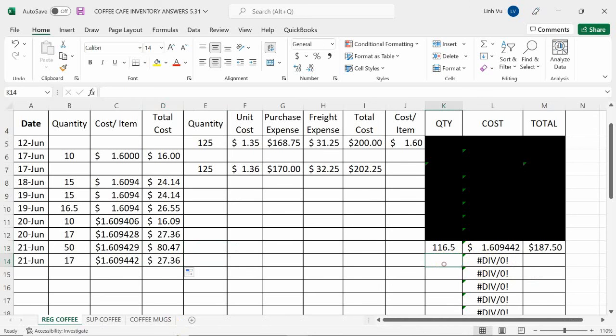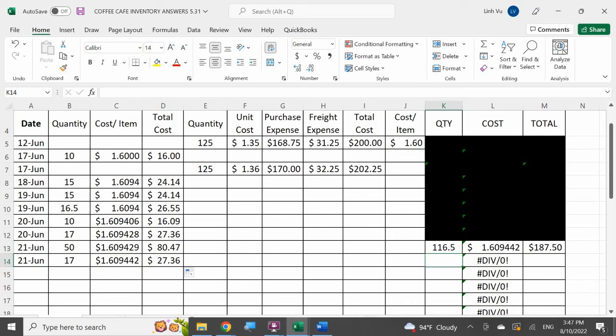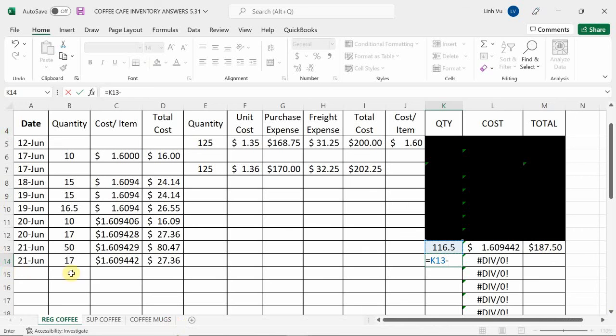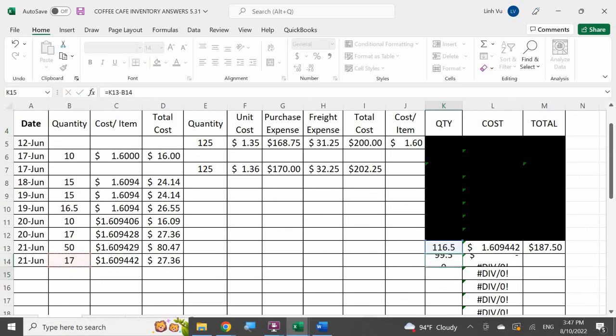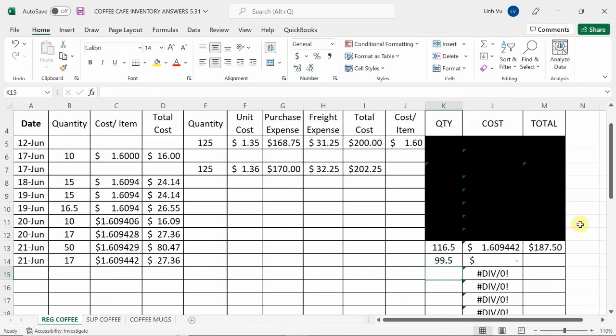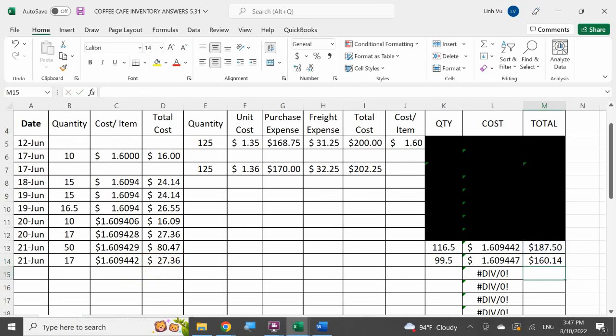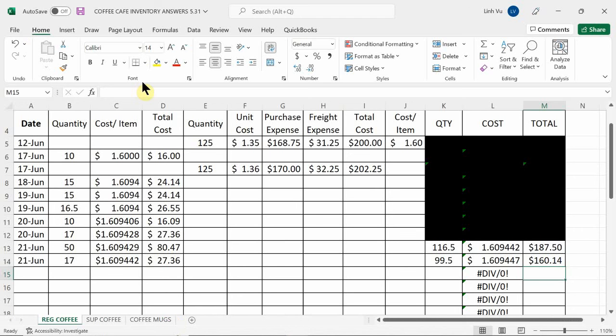So of course, I no longer have 116 and a half. If I use 17, we have 99.5. 99 and a half pounds left remaining in our inventory. So we should be ordering inventory soon. And now the balance is 160.14. 160.14. So this one, let's see. It has once again increased our